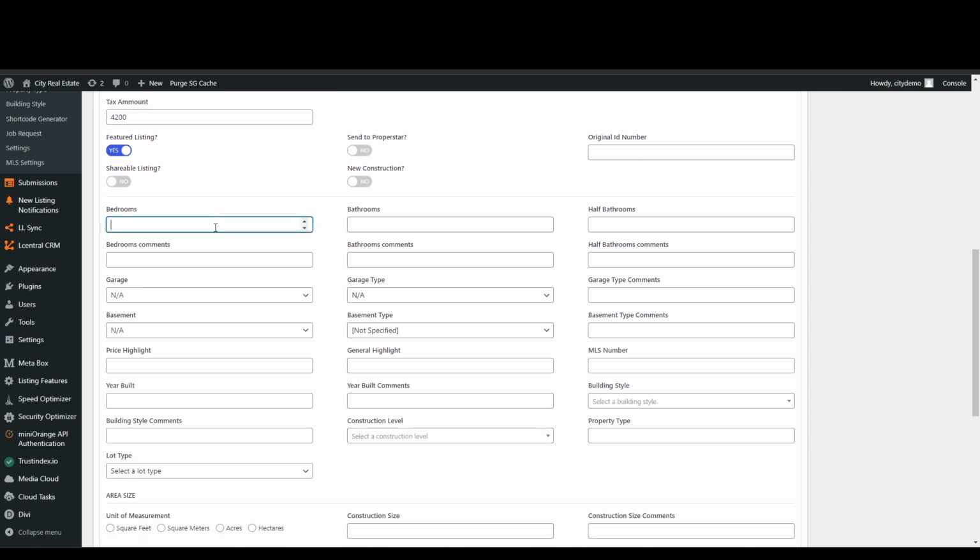Next, we have the number of bedrooms. This is a 2-bedroom, 2-bathroom. There are no half bathrooms. Bedroom comments, bathroom comments, and half bathroom comments are completely optional. I will go ahead and enter very spacious for my bedrooms. I will not enter a comment for the bathrooms, and there are no half bathrooms, so I will not enter a comment there. For garage, this will be a double detached garage,